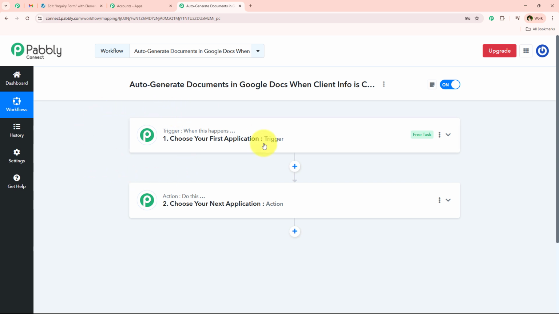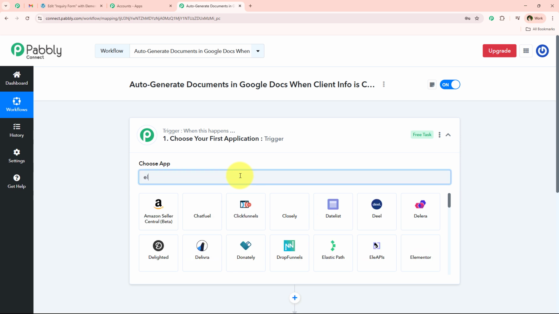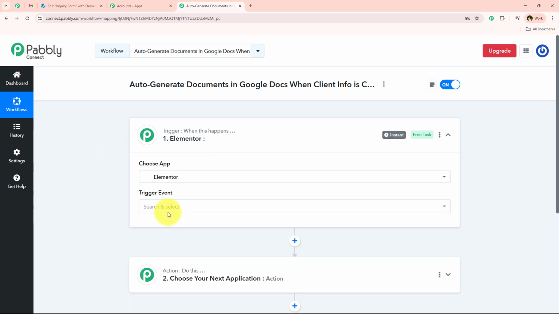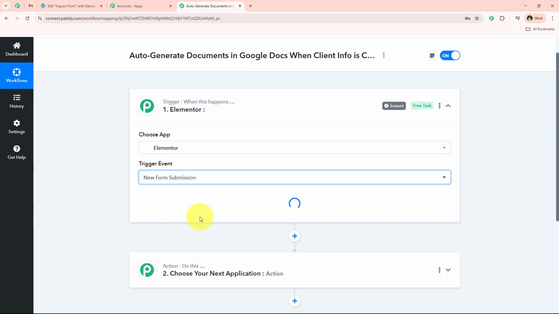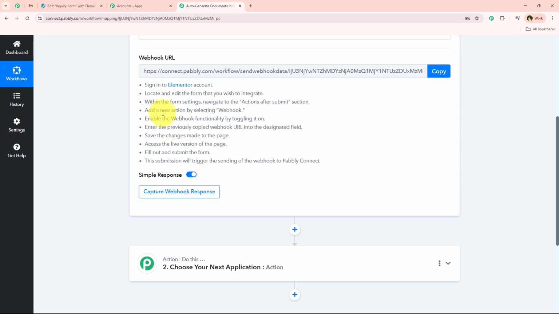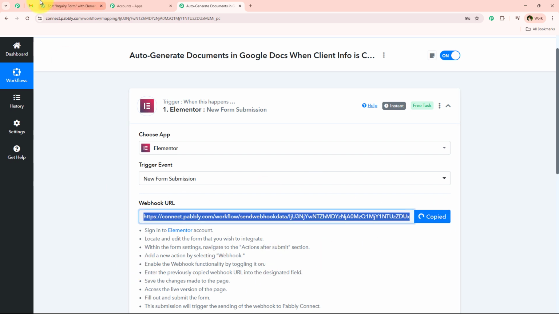And to get started, I'm simply going to select my trigger application, which is Elementor. So I'm just going to search for Elementor right over here, and then I'm just going to simply select it. And now for the trigger event, I'm just going to simply select it as new form submission, and now it is giving me a webhook URL. So we're going to use this same webhook URL in order to create a connection between our Elementor and our Pabbly Connect's workflow. So I'm just going to simply copy this webhook URL, then I'm just going to open my